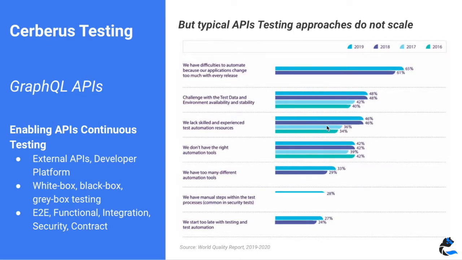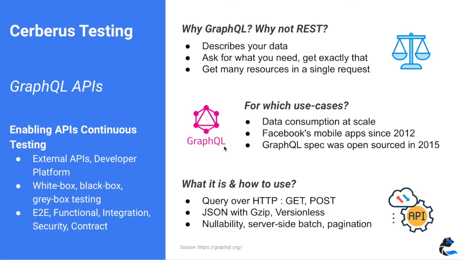In fact, to test a GraphQL API, we have the same issues as in other testing areas, mainly linked to integration within the real system, with applications that change a lot, and difficulties integrating with the test data environment. Globally, there are also issues in getting skilled resources and making them use the correct tools in our test automation effort. This is what we'll share in the video: how you can automate efficiently.